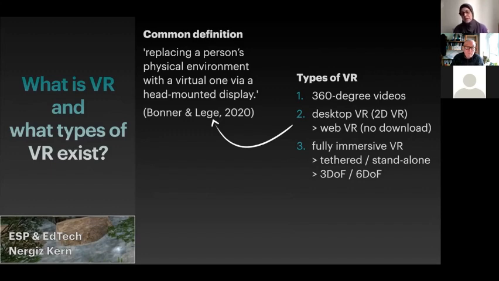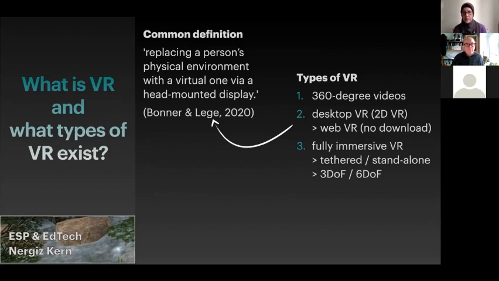We have here 3 degrees, 6 degrees. These mean 3 degrees of freedom or 6 degrees of freedom. I don't want to go into too much detail, but this has to do with how sophisticated the headset is.